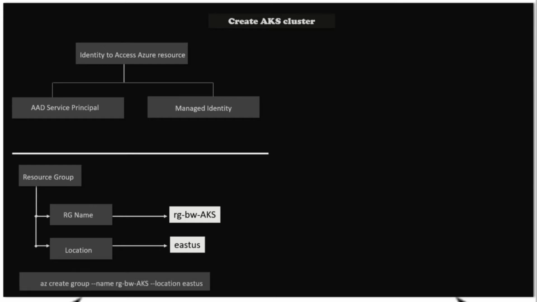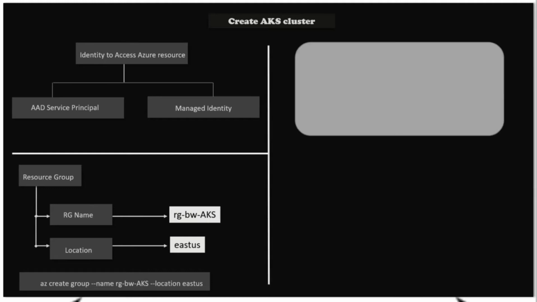To create a resource group, the command is az group create with --name, the resource group name, and your location. Now we have the resource group in place. After this, we need to define our cluster resources. First is the name of your AKS cluster, which should be unique. Then the node count: how many nodes do you want? After creation you can add or remove nodes, but during creation you can also define your node count.